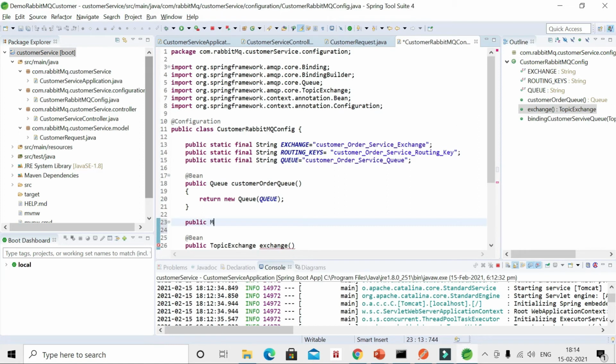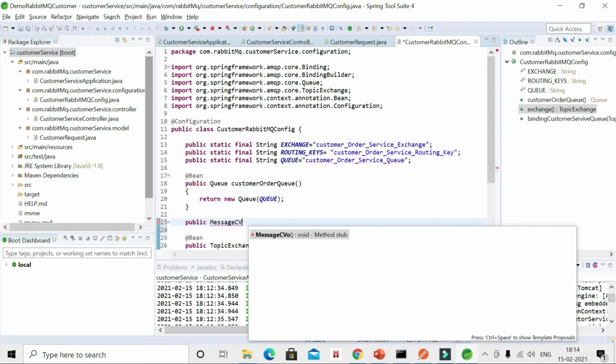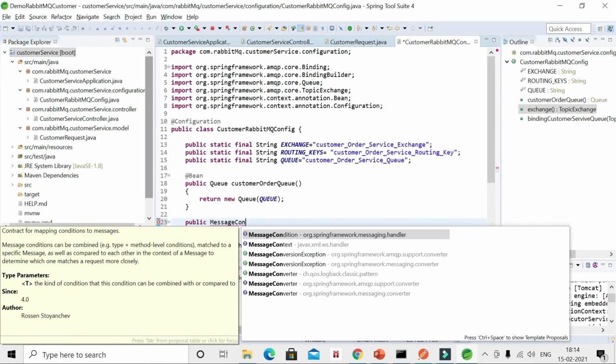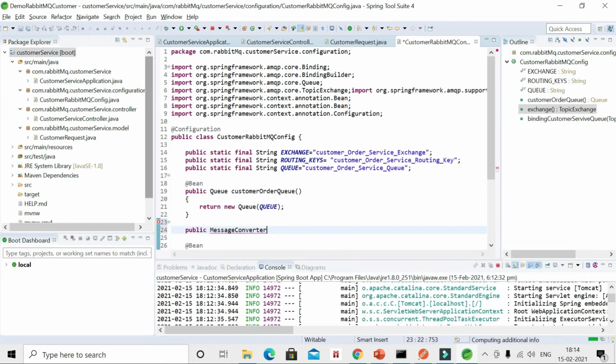The return type is message converter, and the method name you can give anything, converter or anything.